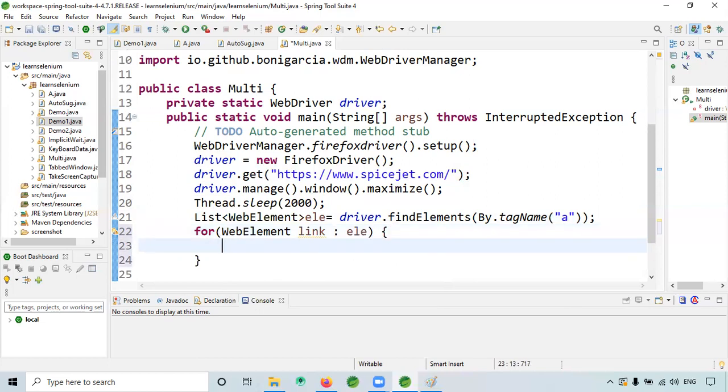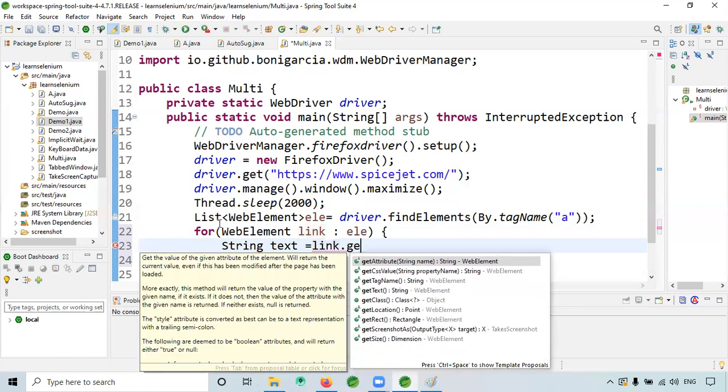Here, String text is equal to link dot getText.